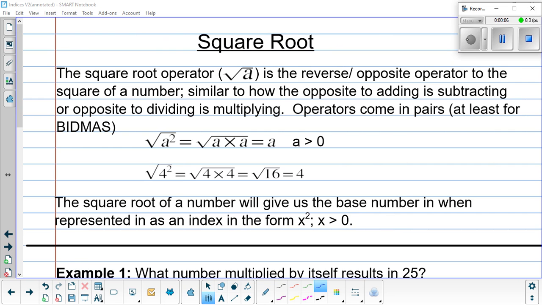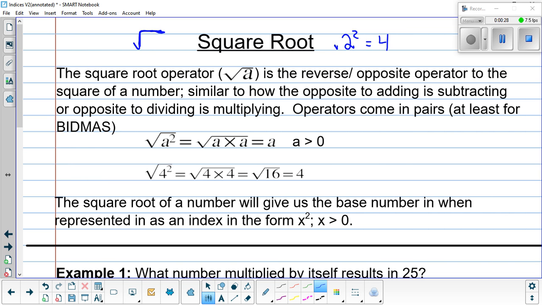So the square root operator, which is just this little symbol, right? It looks like the bus stop method for division with kind of a little check mark on the left-hand side. Okay, it's the reversed operation to squaring something. So whereas squaring something made it bigger, so 2 squared was 4,